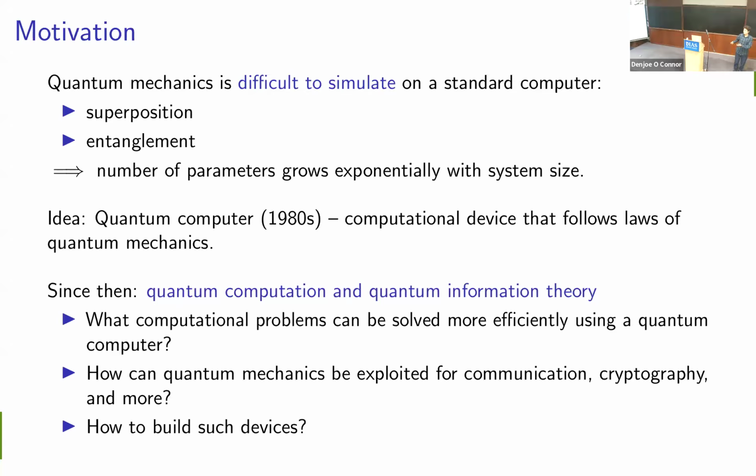And then, of course, on the more practical experimental side, how do we build the devices that we need for this sort of stuff? Again, there's been a lot of progress in recent years. On the communication and cryptography side, that's maybe the area with the most progress. There are devices on the market that you can buy that do quantum cryptography, quantum key exchange. They're being used by some banks, for example, to secure communication between different branches.